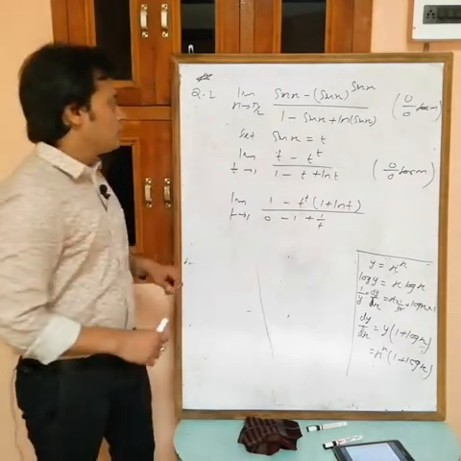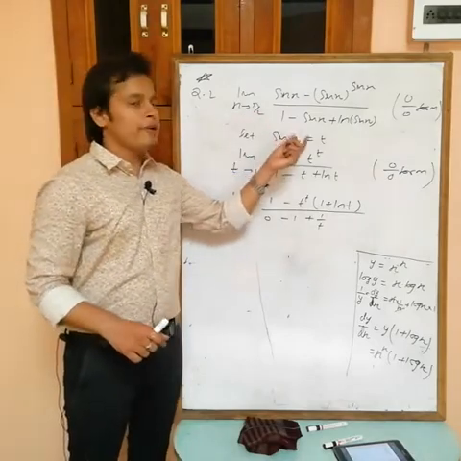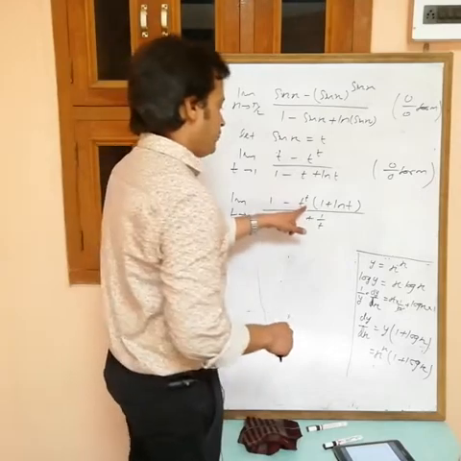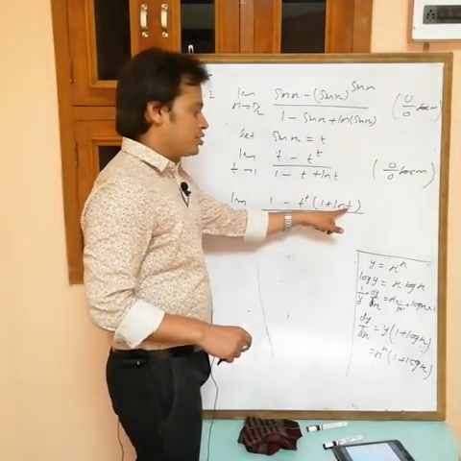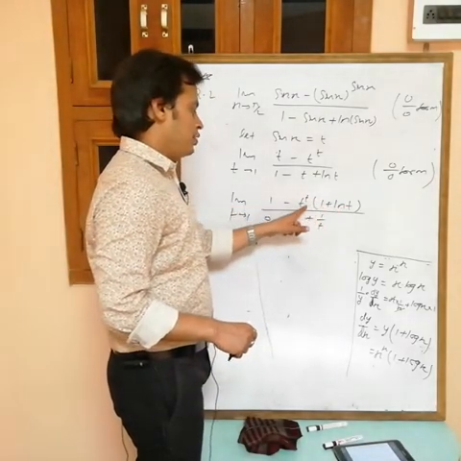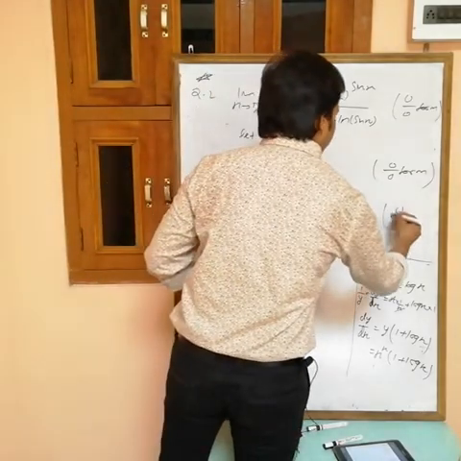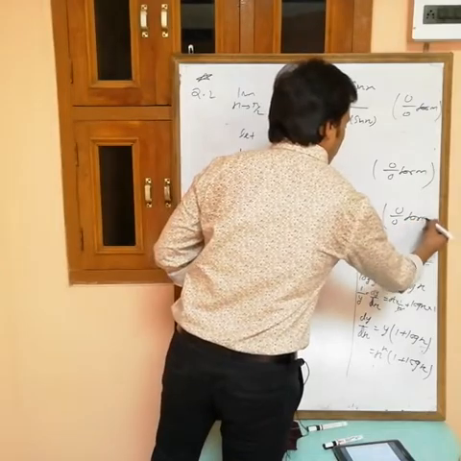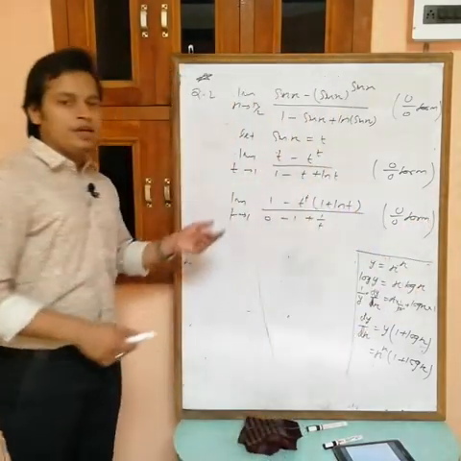t equals 1. If you put x equals pi by 2, sin pi by 2 is equal to 1. If you put t equals 1, what are we getting? This is 1, log 1 is equal to 0. 1 minus 1 is 0. In the numerator we are getting 0, 1 minus 1 again 0, so 0 by 0 form. Oh, then again we are getting an indeterminate form.